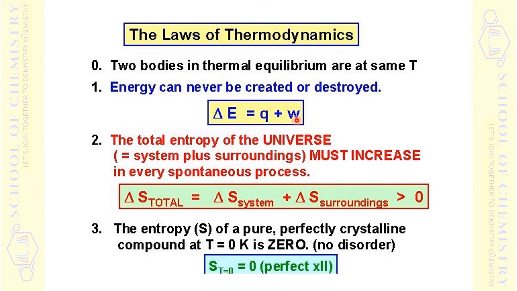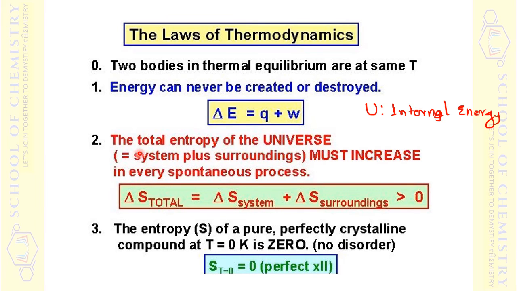Delta E is equal to Q plus W. Of course, E is internal energy, but nowadays E is replaced with U. U is for internal energy according to the new convention, but in the old convention E was used for internal energy. The change in internal energy is equal to Q plus W, where Q is the amount of heat added, and W is the work done on the system or work